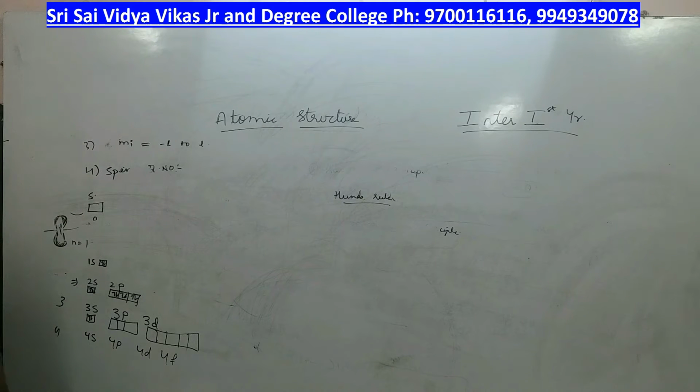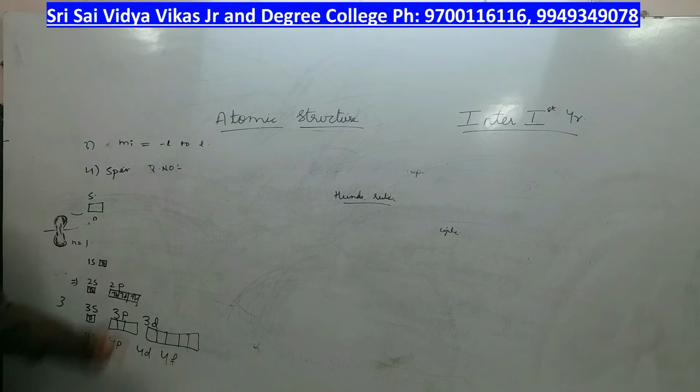Next, what is the next rule? Pauli's exclusion principle. See, till now I have accommodated how many electrons? 2, 4, 6, 8, 10, 12. Till now I have accommodated 12 electrons. That means you can calculate the 4 quantum numbers for each and every electron. You select any electron from these 12 electrons and calculate the principal quantum number, magnetic, momentum, spin. You can calculate all the 4 quantum numbers for each and every electron of each and every atom.